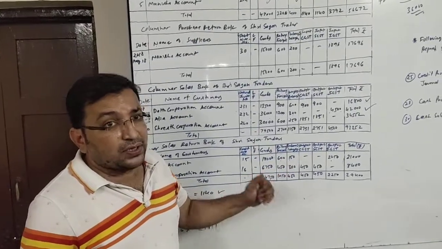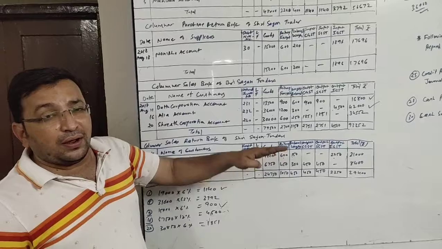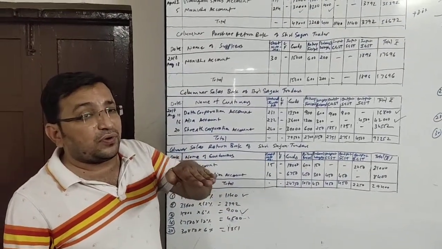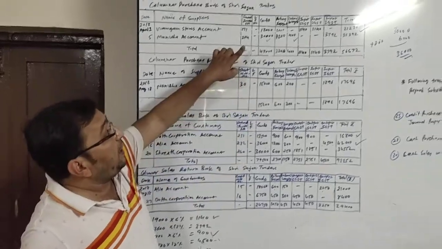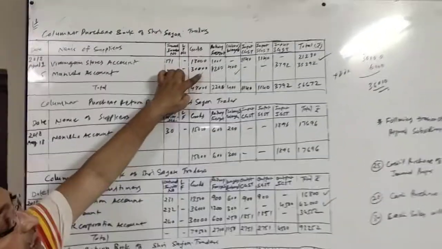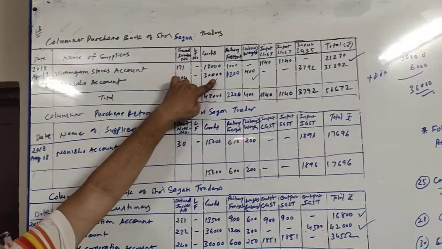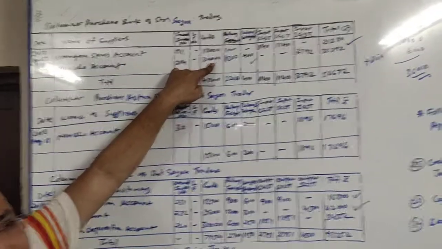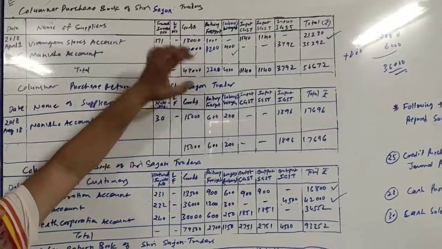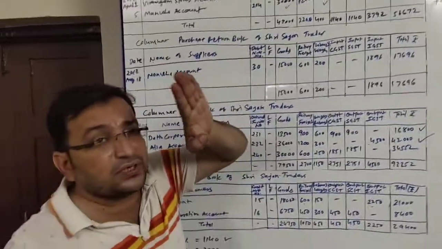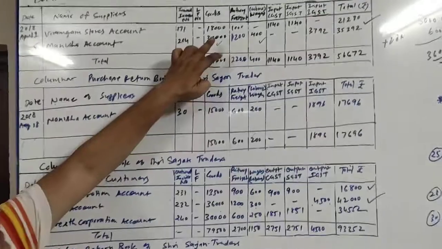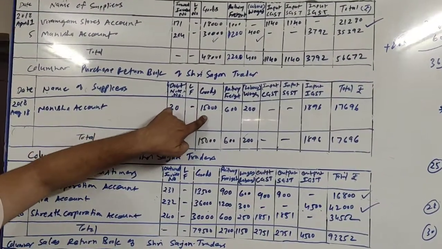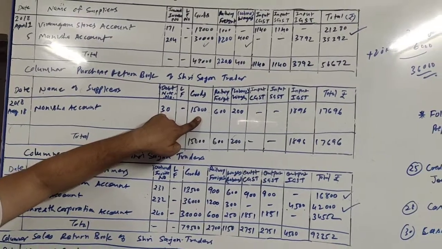So either you remove profit or no need here, because it is the 50% of total goods we purchased from Manisha. We have purchased goods of 30,000 from Manisha and our entire goods we sold to Alia, and Alia is returning 50% of the goods and same goods we are returning to Manisha. That means we are returning 50% of the goods to Manisha. So directly out of 30,000 we will be sending goods back to Manisha, goods of rupees 15,000.